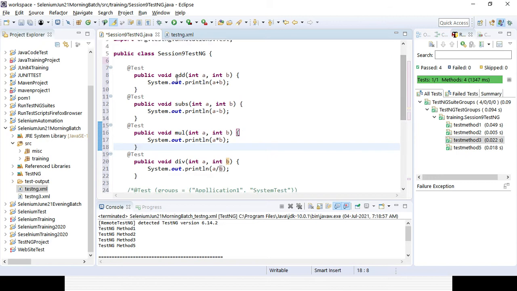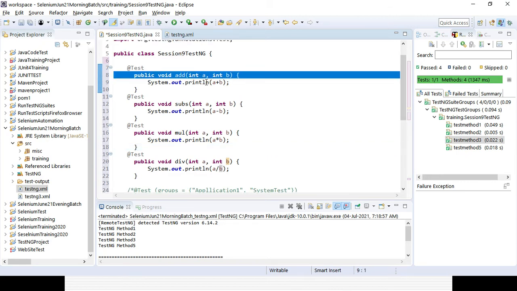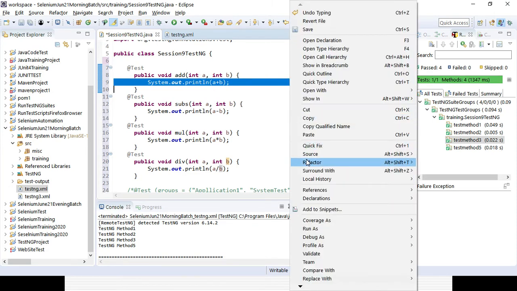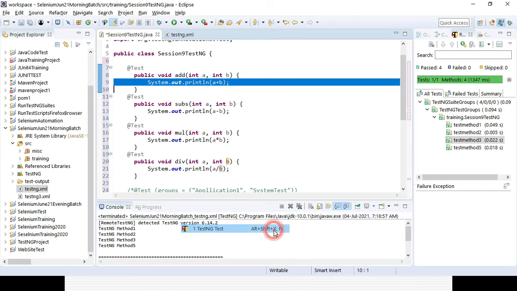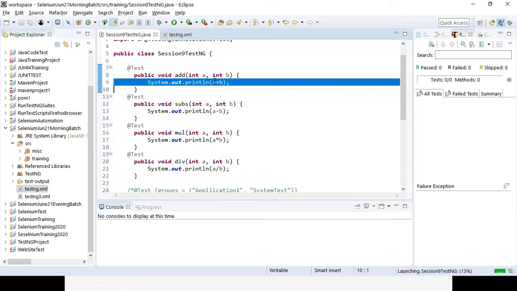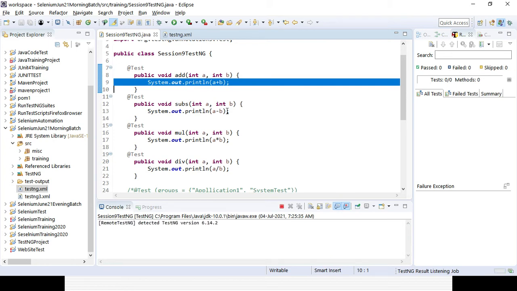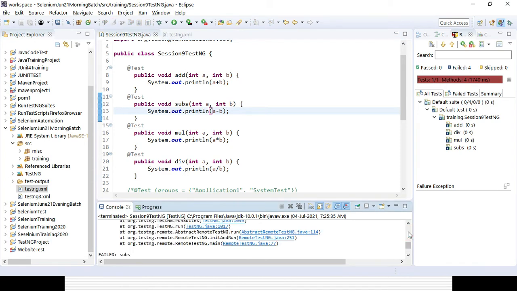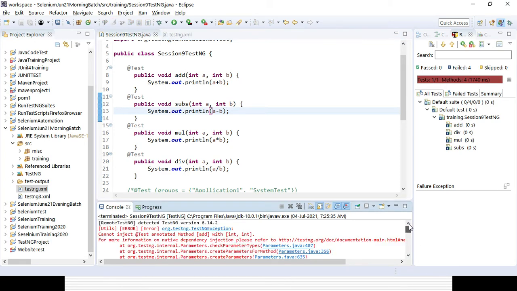So here we are just defining the variables, not giving any value. If you want to run it, it will throw some kind of problem. It will not give you anything because you are just defining the data type with the variable, but you are not giving any value. In case you run it, let's see the output. You can see there is an error because four failed. Why did it fail? Because you did not define any value. You can see the error coming: org.testng exceptions, annotated method, integer, cannot inject.